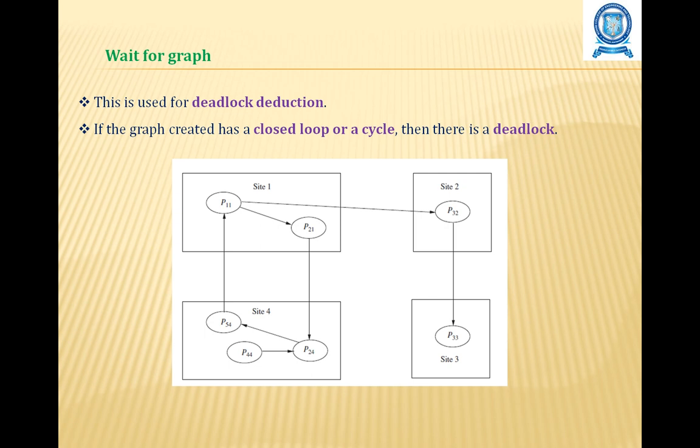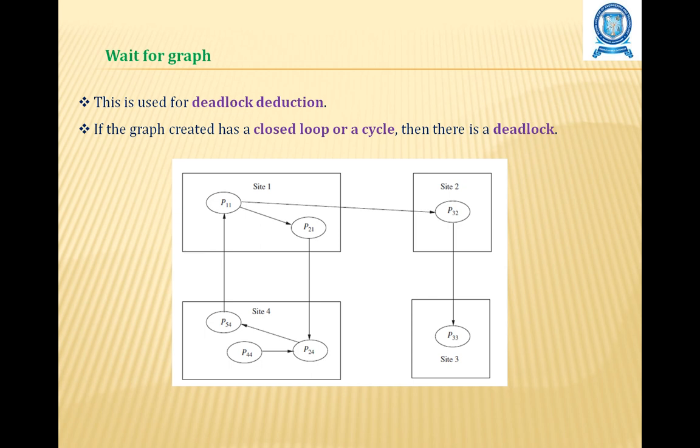Consider this figure which shows the wait for graph where process P11 of site 1 has an edge to process P21 of site 1 and an edge to process P32 of site 2. Process P32 of site 2 is waiting for a resource that is currently held by process P33 of site 3. At the same time, process P21 at site 1 is waiting on process P24 at site 4 to release a